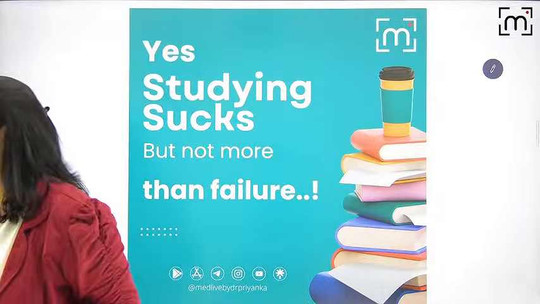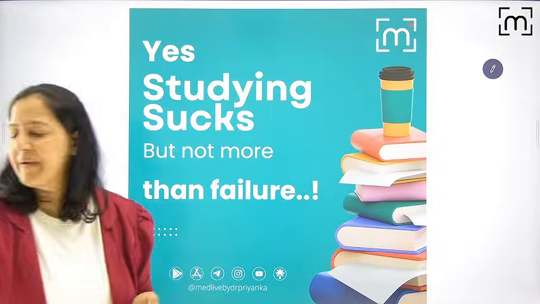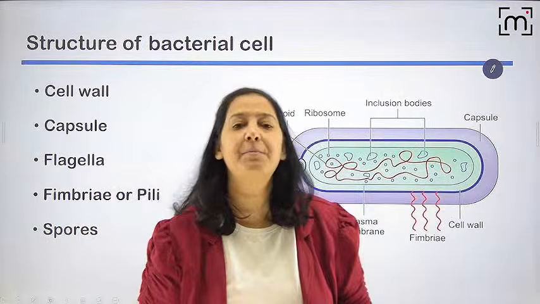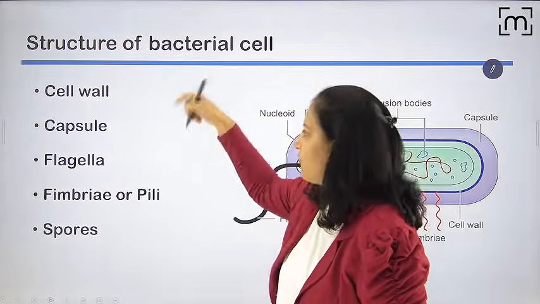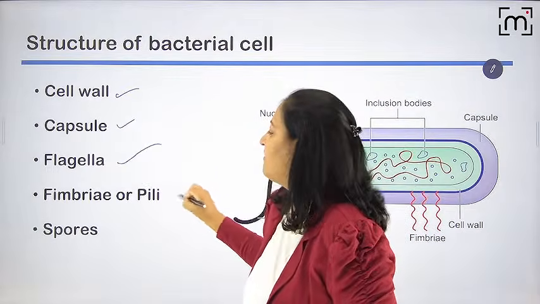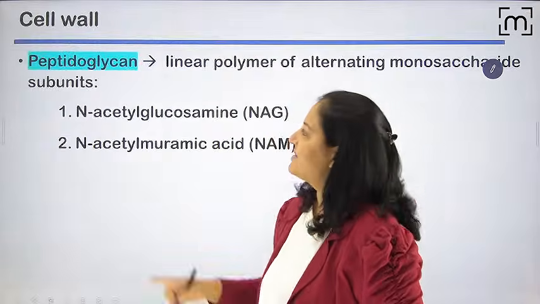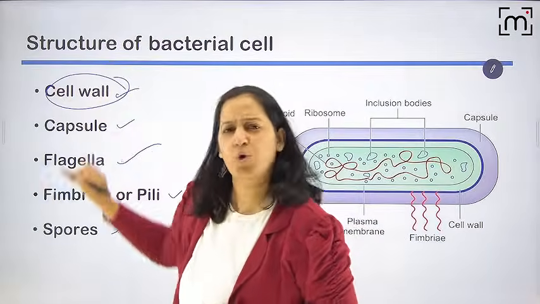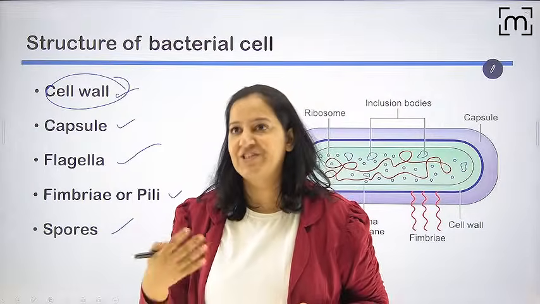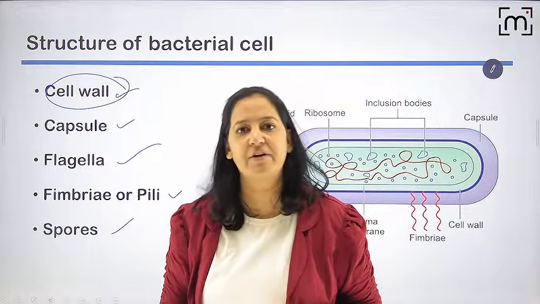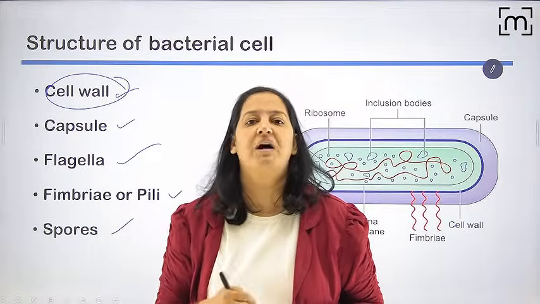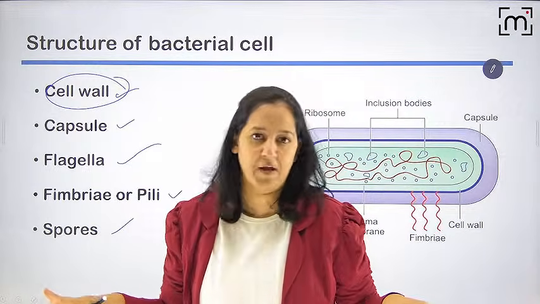So let's start the second topic. The second topic is the morphology of the bacteria. You get many questions over there. So let's start the morphology: cell wall, capsule, flagella, fimbriae and spores, one by one. Let's start with the cell wall. Quickly we will cover this. Then we have to come to genetics and the antimicrobial susceptibility test. All these topics we will cover today only. Bacterial growth curve, the complete general microbiology we will cover.